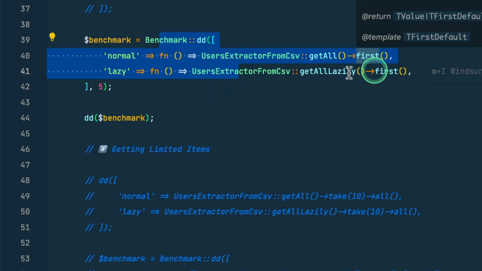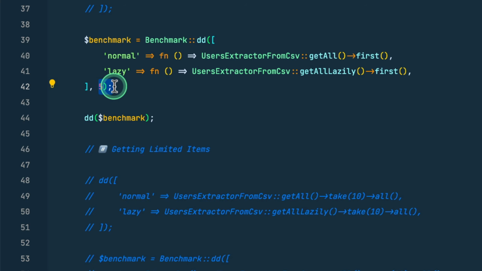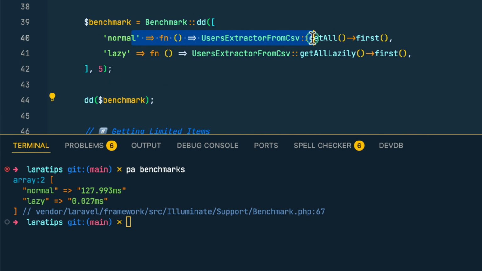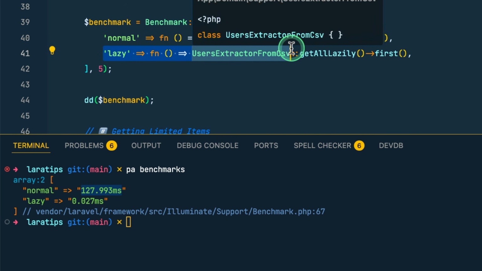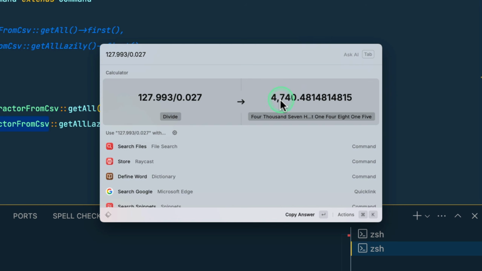This one will run 5 times, and this one will also run 5 times, and it will give us the average time taken because we have mentioned 5 over here. Now let me run the command, and you can see here the normal code took about 127 milliseconds. But the code that is using Laravel LazyCollection or the PHP generators is only taking 0.027 milliseconds. And now let us calculate how fast it is. And you can see here the results, it is 4,700 times faster if we are only getting the first result